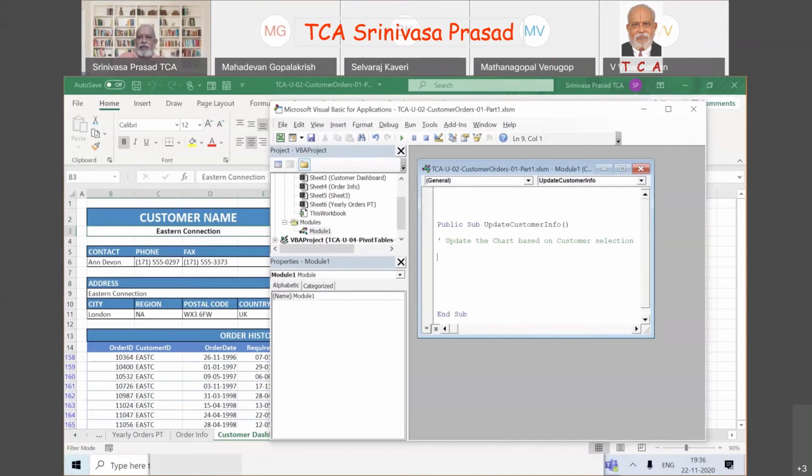So we are going to learn a new verb or syntax in Visual Basic for Applications called Dimension, which we call Dim. D-I-M. You can put a capital D also; there is nothing wrong in it. Now the pivot table, I will call it PT. This dimension, this particular field name, is called PT.